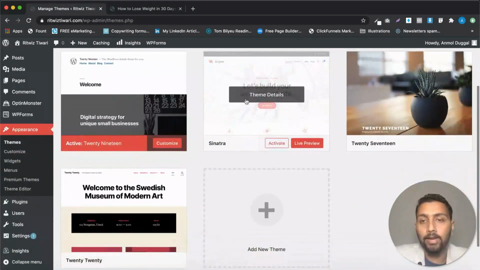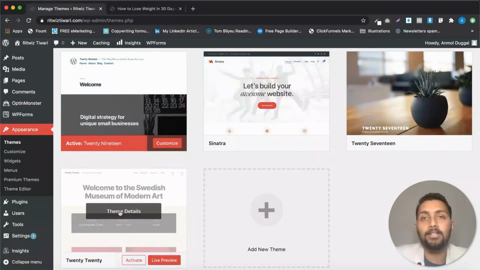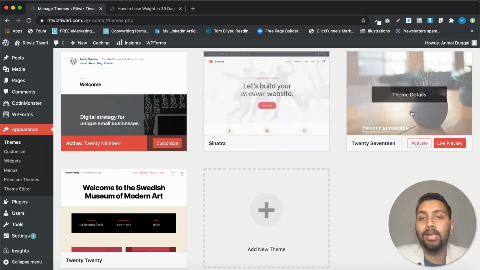Now you can see here that there are 4 themes available, but when you have decided and fixed on one theme, then you don't need all the other themes, because all these themes take up some space. Remember when I told you that the website content has some space, in MBs, or maybe in KBs. When you don't want something, why would you load your server with something which is of no use to you? So what I'm going to do is delete the themes that I don't want.